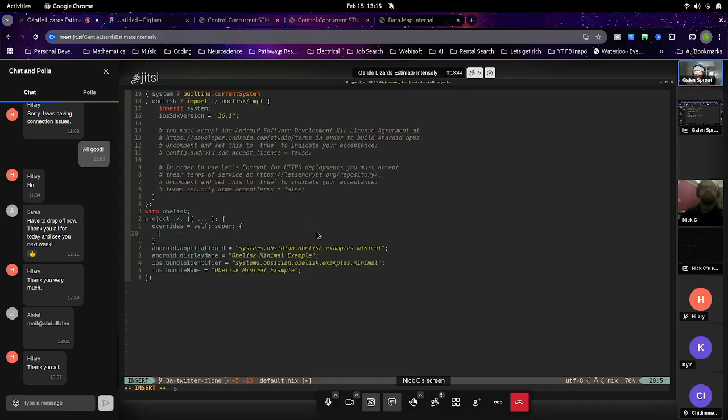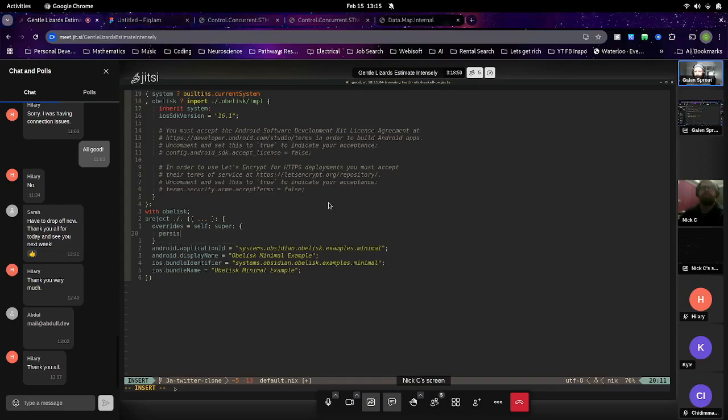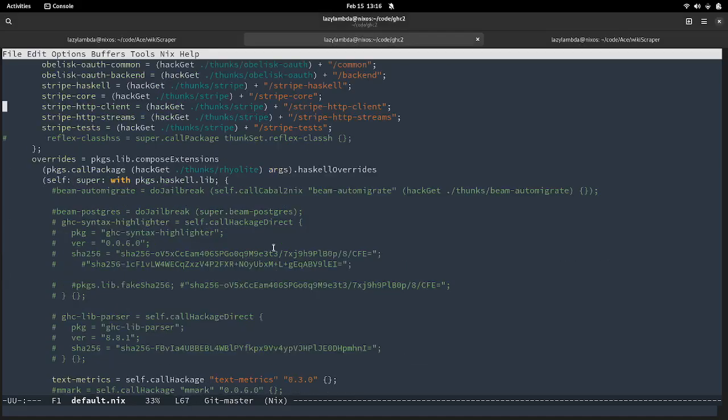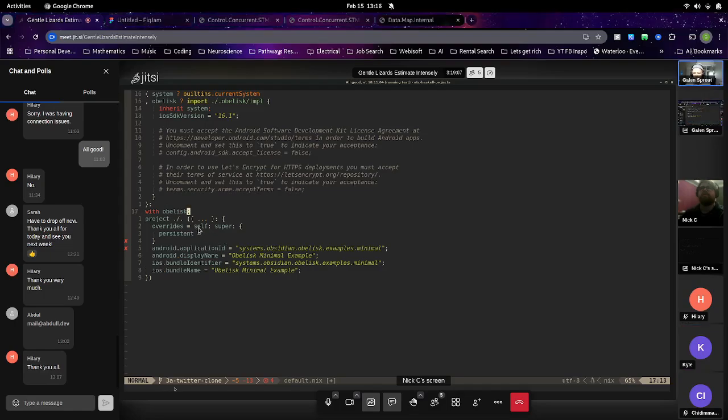So now you want to say persistent equals, and you need packages here to do this. I think you just add with packages, right? Well, in project there, in the curly braces, add packages.